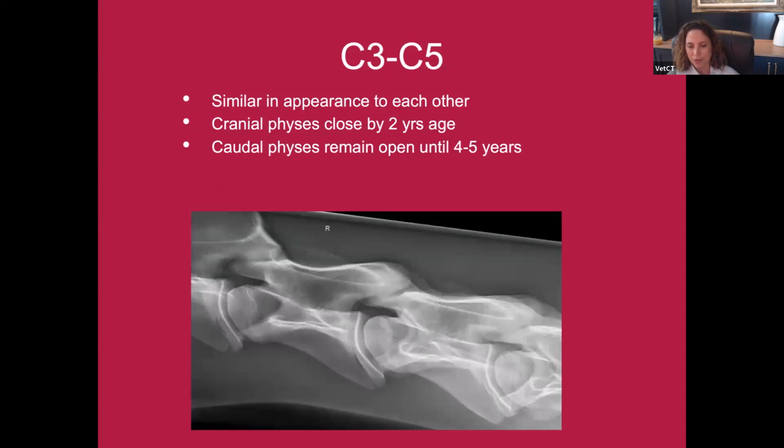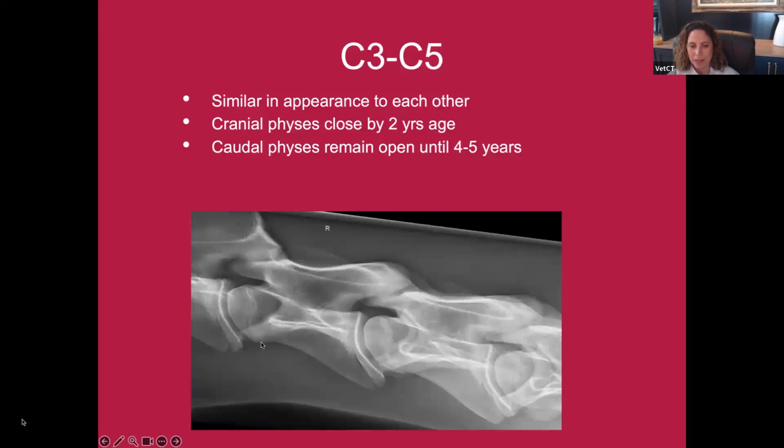Okay, C3 through 5 are the generic 3 in the spine. They all look really similar to each other. So it's helpful if you have 3 vertebrae in a row that look like you're at 3 through 5, but it can also be helpful to include the back of C2 or the front of C6 to give yourself an anatomical landmark so that you're confident as to where you are in case there's variation in the spine. So in this case, I have that dorsal arch of C2 that I can't miss, C3,